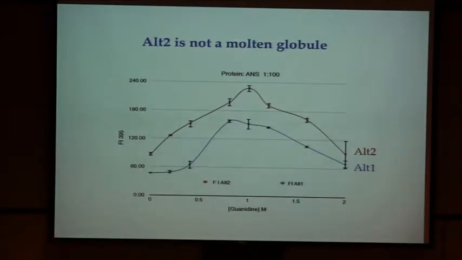We made other kinds of experiments to discard that this protein was a molten globule. Why? Well, a molten globule is an intermediate between a native and an unfolded protein. And we use this molecule, ANS, that is a molecule that binds